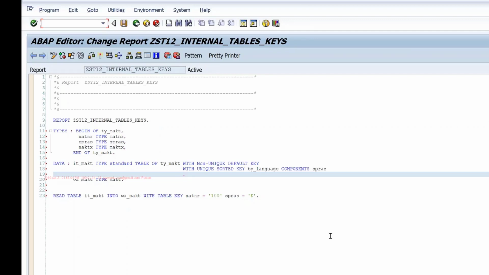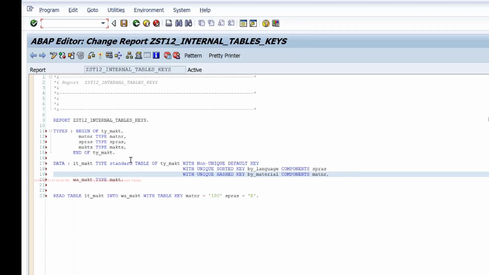So I've defined one secondary key by language, and I can also define with unique hash key, let's say by material, components MATNAR. Okay, I can do that.